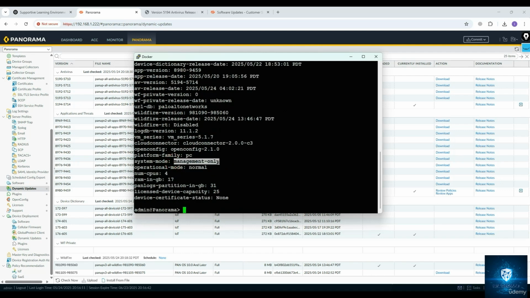And also the system mode, whether it is panorama mode, management only mode, or legacy log collector, you can see from here, right? The way you pull the file, when you do a check now from the software, the command is request, and then you say system and then software